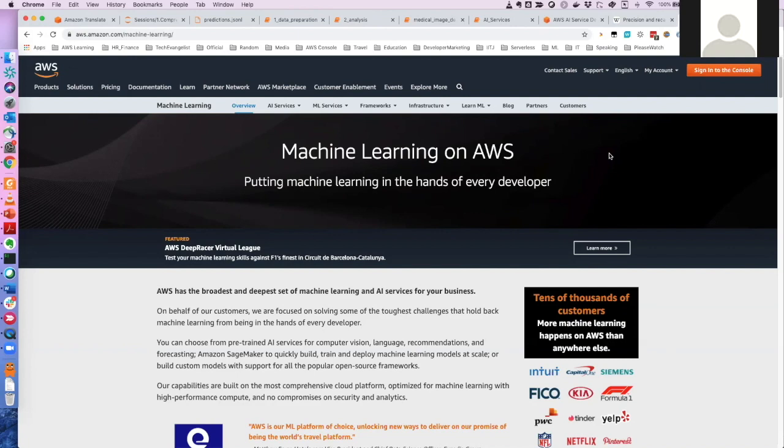So anyone can get started with this, but maybe you need to spend some time on learning machine learning rather than on the AWS part. But you don't have to be a master of all of that. You can start learning machine learning. Anyone who is passionate about this and wants to start learning or doing some machine learning can always get started.